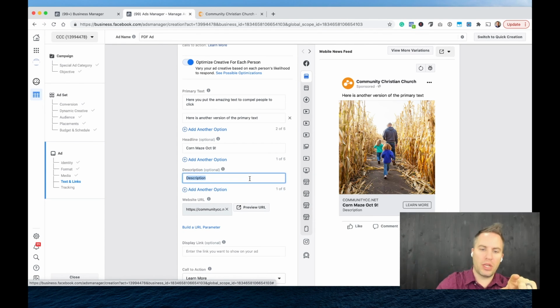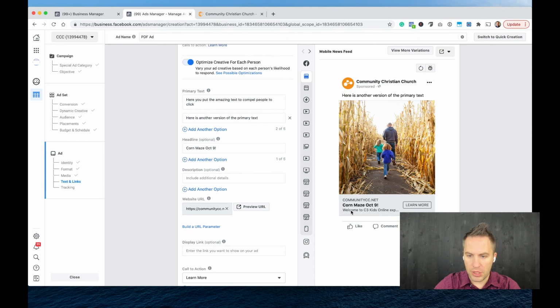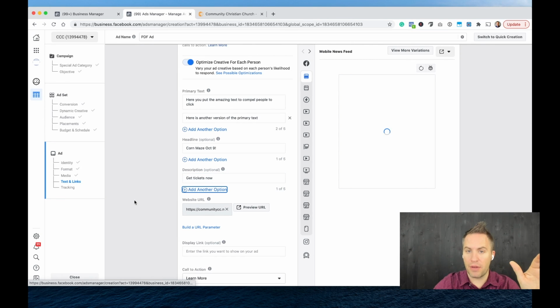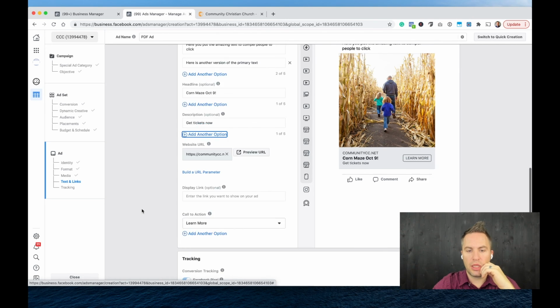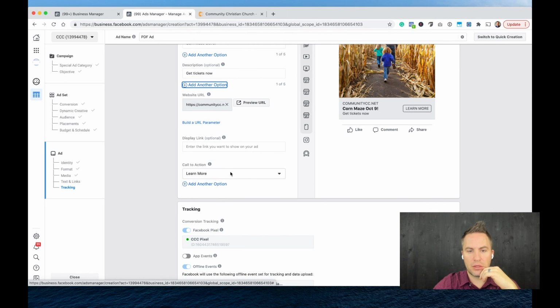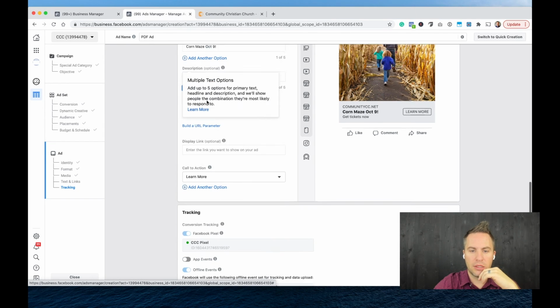If you don't include it, it will pull the text off of your website where you're sending it. See where it says welcome to C3 Kids Online Experience. So apparently I put that link in there. Yeah, I did. But if you want to say get tickets now, you could do that. Now, it doesn't show up in every placement, which is why it says it's optional. And then at the very end, again, I could do multiple headlines, multiple primary text,